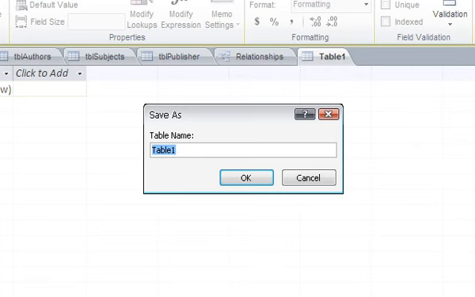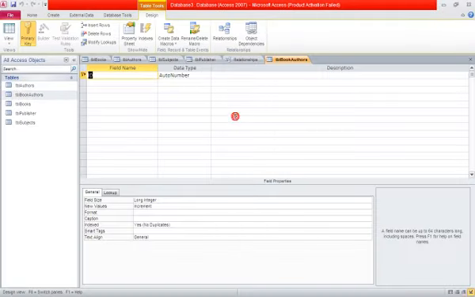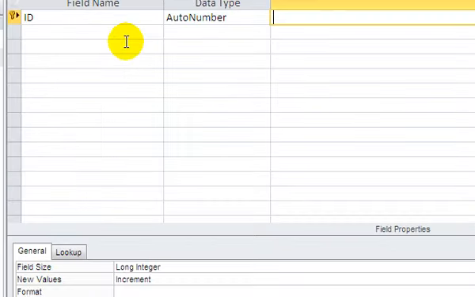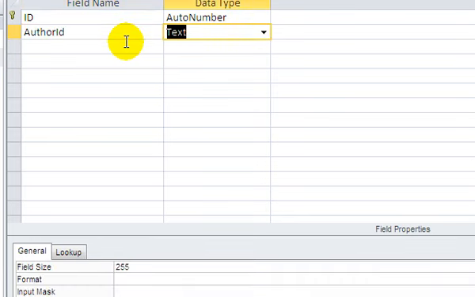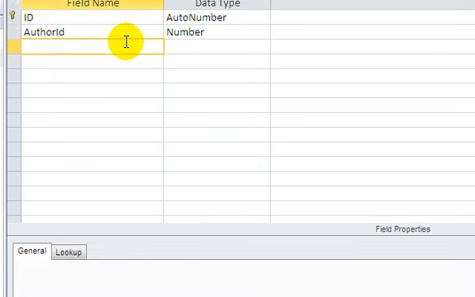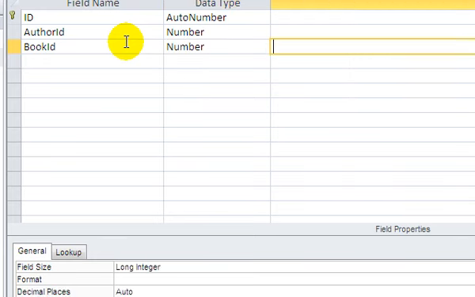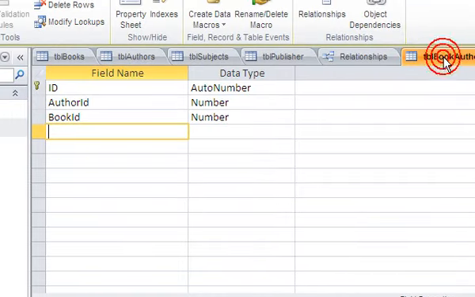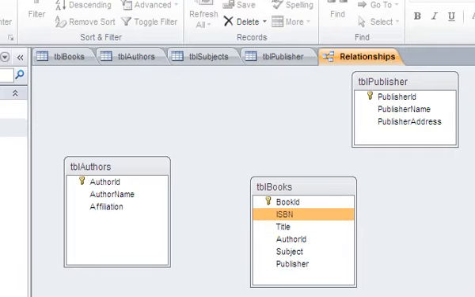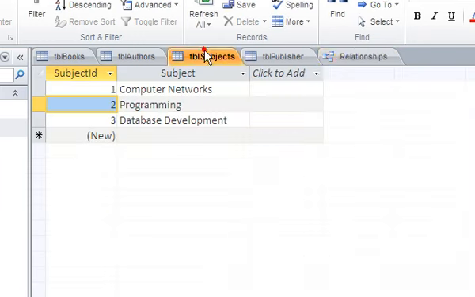So here we are adding the bridge table for TBL book authors. So what the book authors should have, let's say it has an ID number, then we say that there should be an author ID, that is number, and there we can add book ID, and book ID is also a number. So when we'll create this field, now what we can do, and similarly